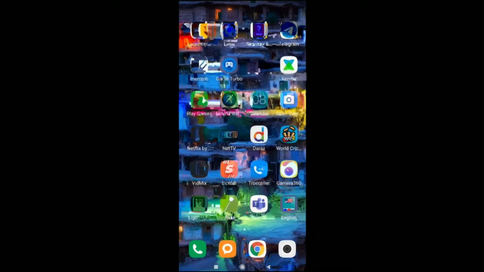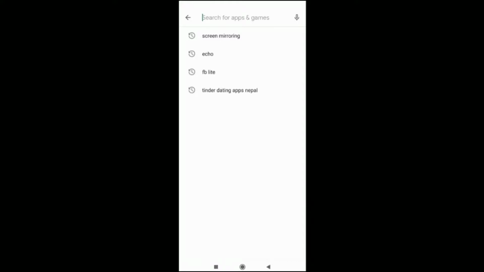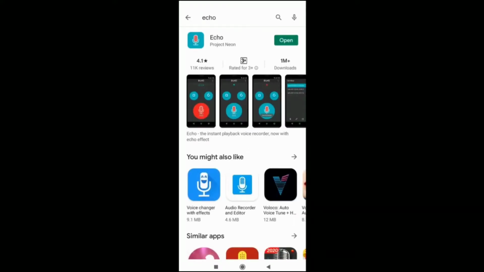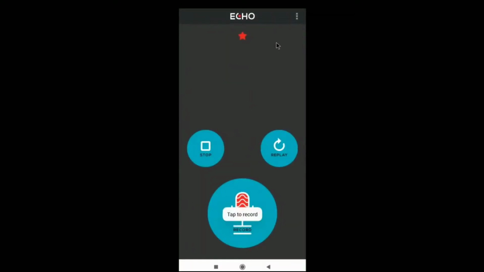I have downloaded one application from Play Store, which you can see. I'll open this and then you can see the interface here. First of all, I'm going to make one setting to use it easily. I'll click here and